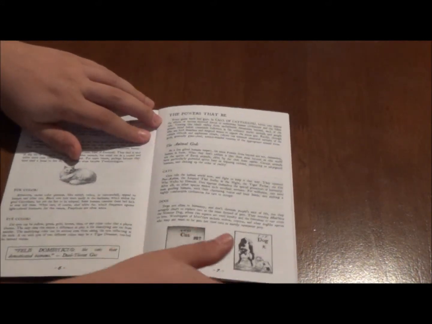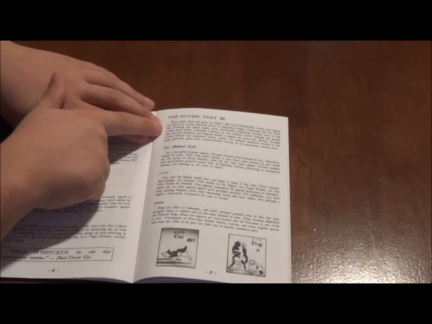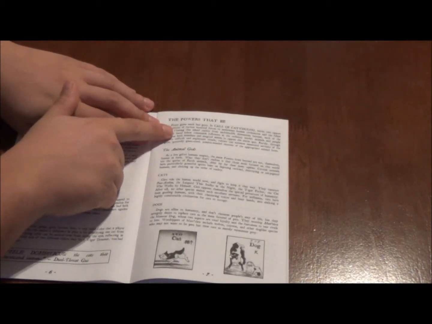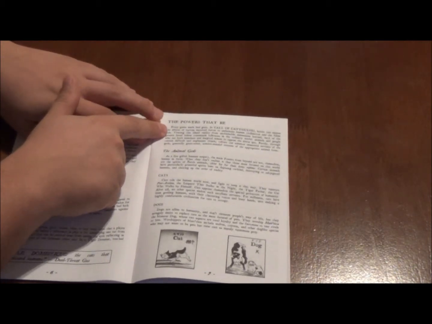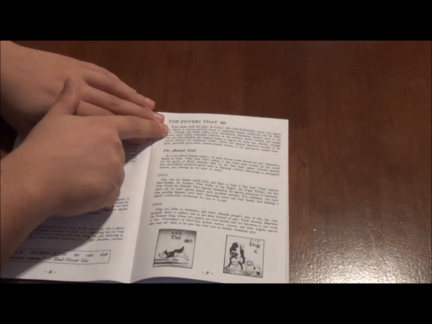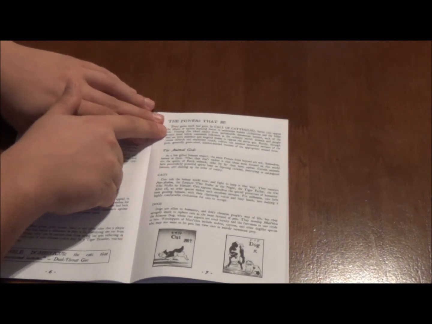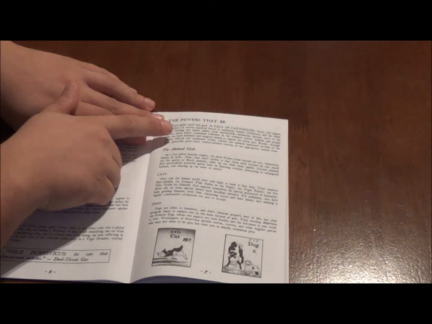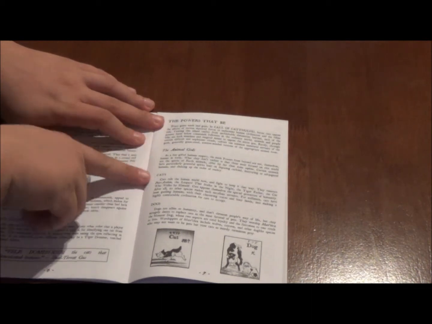And then it says the powers that be, and this is talking about the bad guys. I'll just read it to you. Every game needs bad guys. In Call of Catthulu, heroic cats oppose the efforts of various mystic forces to undermine human civilization and the feline rule. Viewing the island reality from unthinkable dimensions beyond each of the powers listed below,